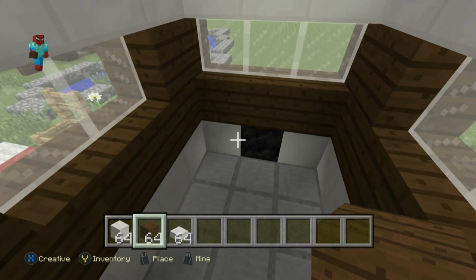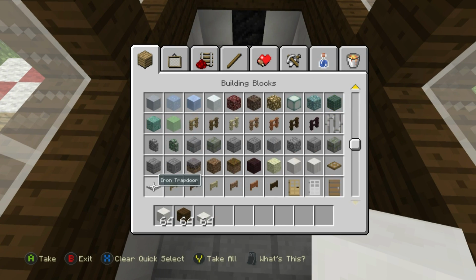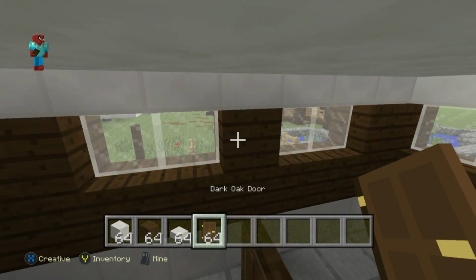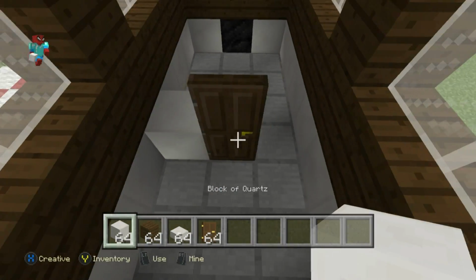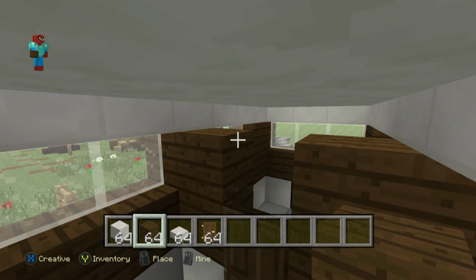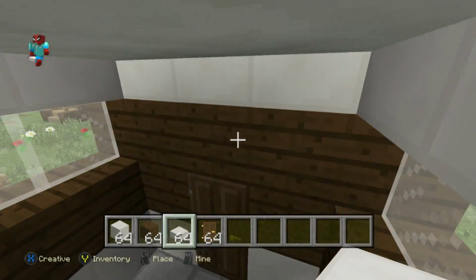So right at the back here, where we have this first separation between these 2 windows, we want to have a dark oak wood door, right in the center. Can you see where this is placed? Right at the back where we have the split in between the 2 windows, we want a door in the center. Left and right of the door, we want a block of quartz. Above that, we want to have 2 dark oak wood planks, and we want to have dark oak wood planks at the top as well. We want to have quartz slabs stacked on top,